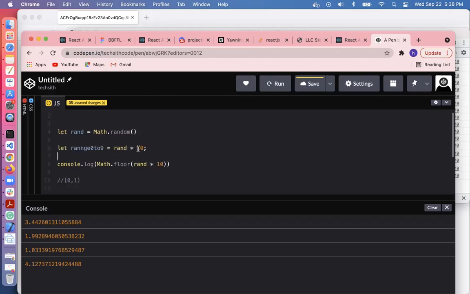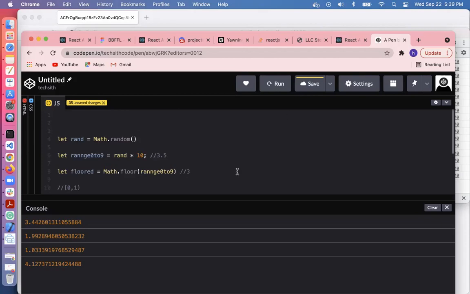If I wanted to get 10, I would have to multiply by 11. But anyway, and then at floor equal to, I would take math.floor and then pass this range. So let's say if this is 3.5, then this would become 3. Okay, and so if I console log this floor value,